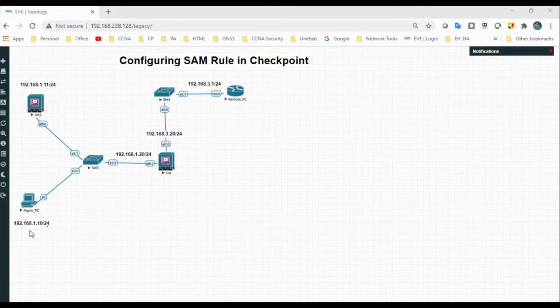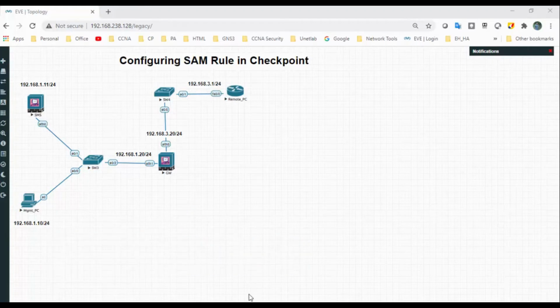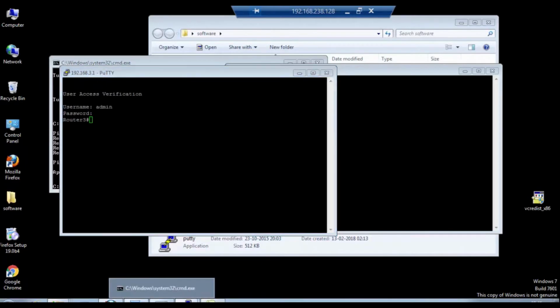For the management PC, I have provided the IP address 192.168.1.10, for the SMS 192.168.1.11, and for the gateway 192.168.1.20. Similarly, for the remote PC, I have provided the IP address 192.168.3.1.